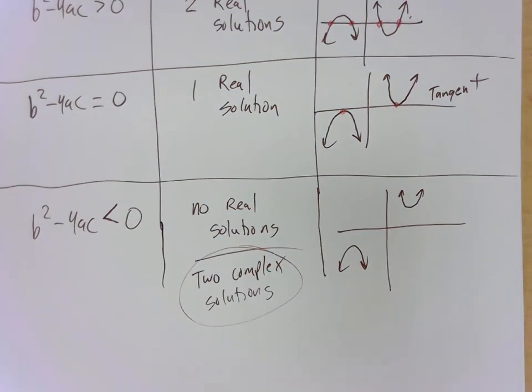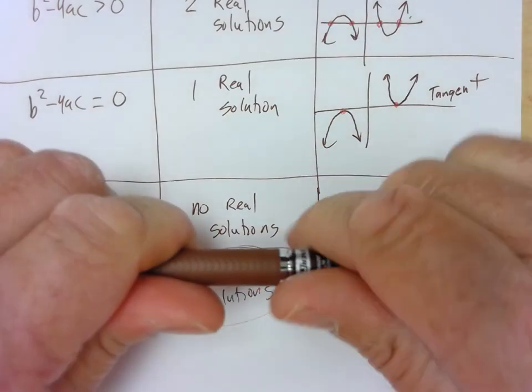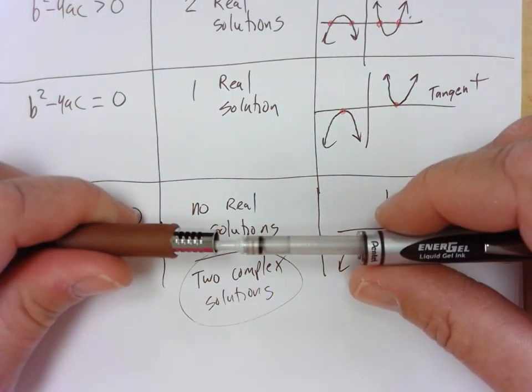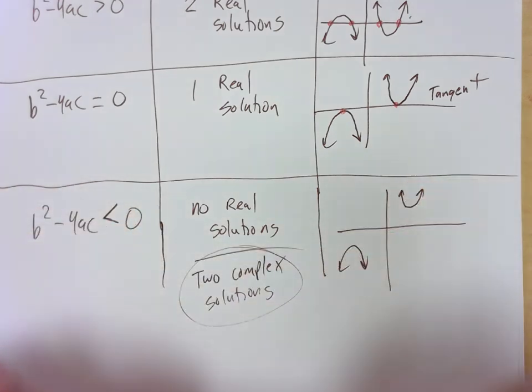All right. Uh-oh. Looks like the brown pen has had it. Yep, the brown pen's had it. Well, it made it through the lesson. Anyway,